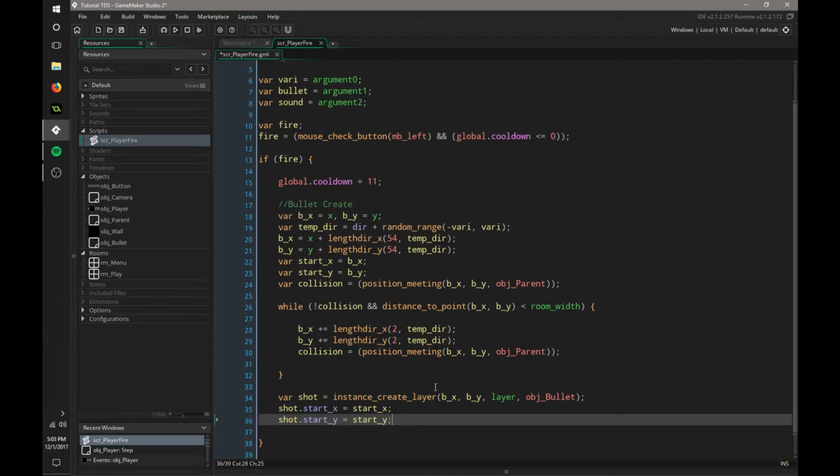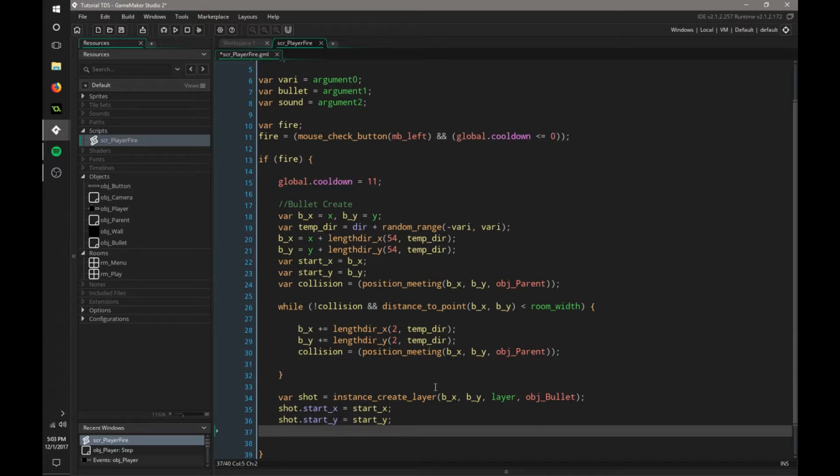And we can actually do kind of an effect here. We can do effect create above. This is how you create stuff at the gun tip as well. We're going to do ef smoke up, or smoke looking upward, like you have smoke coming off your gun barrel. Start x, start y. You don't want it to be traveling with the bullet unless you want it to be like a smoke trail on your bullet. And then you could say 0.8 for a really small value, and then c_dkgray, which stands for dark